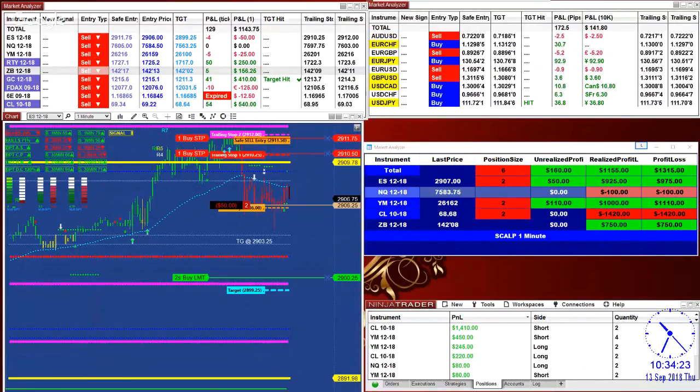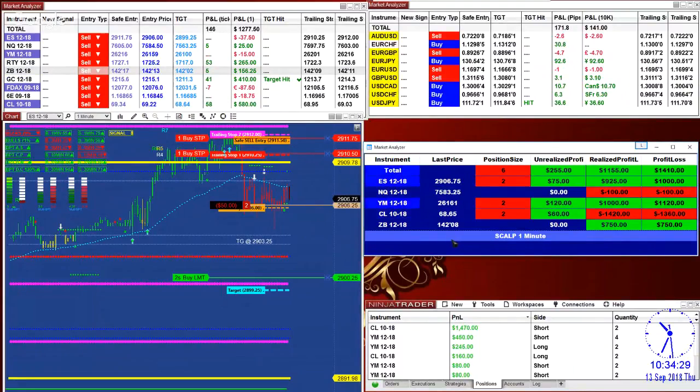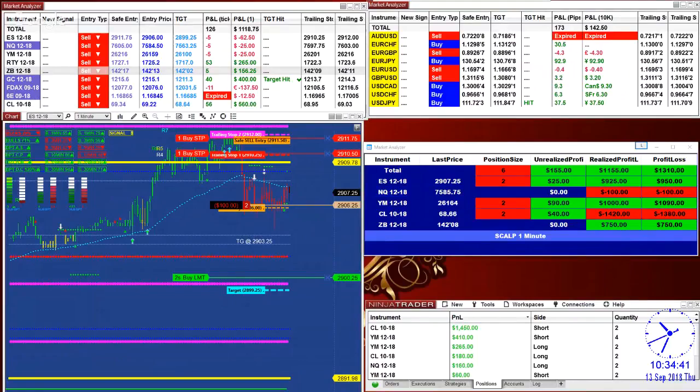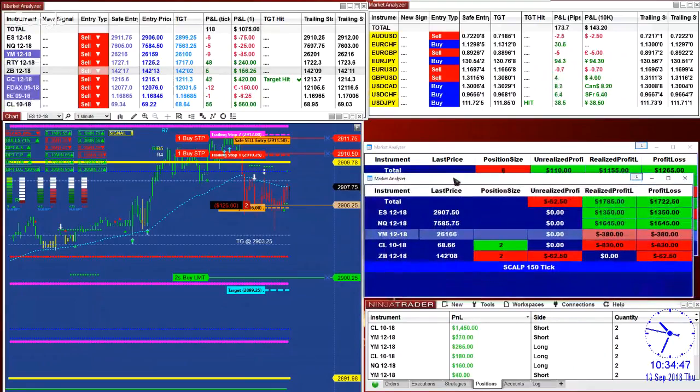Yes, but we got a few trades for those traders, the outsider, and we have nothing to hide. The 150 ticks on